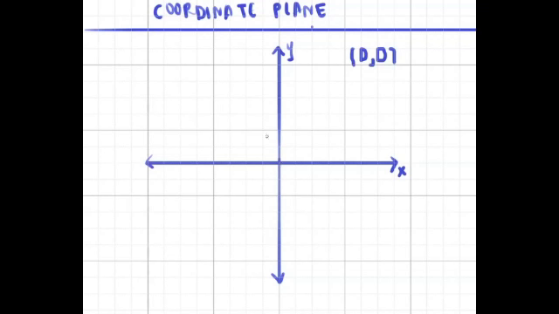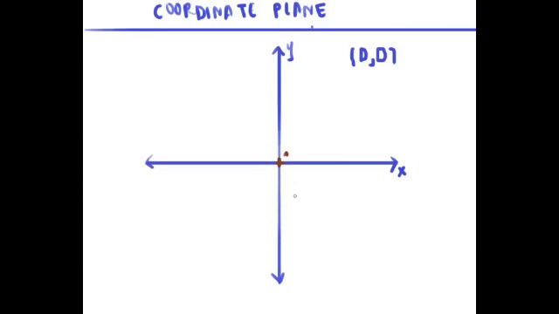0, 0 is right in the middle of the plane. And I don't know why there's no color coming on right now. There we go. It is right here. If you guys can see that, it's right there. 0, 0 is right here in the middle where the brown is. And basically at every